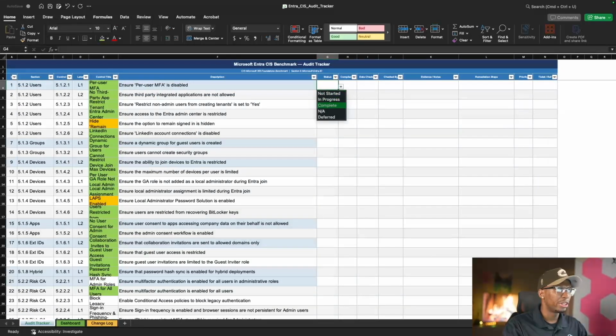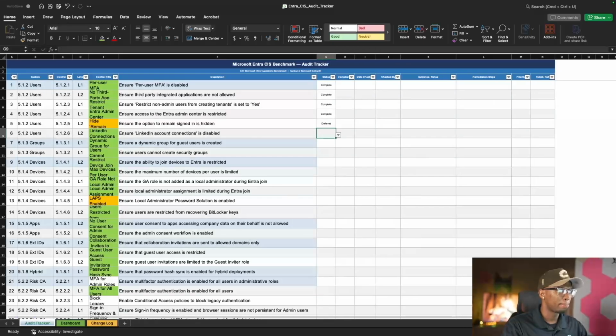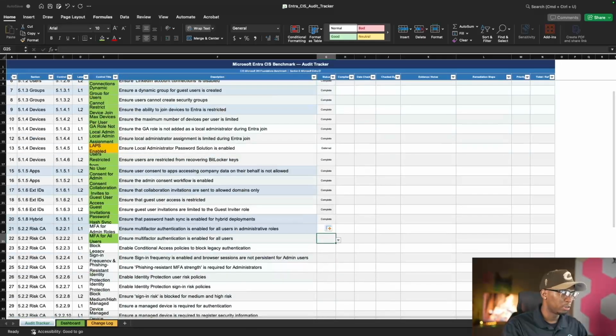Status: here we've completed from here to here. We've deferred. We've completed from here to here. Here we've deferred. We've completed all of this. We've also completed this, which is the first thing that we did. Control